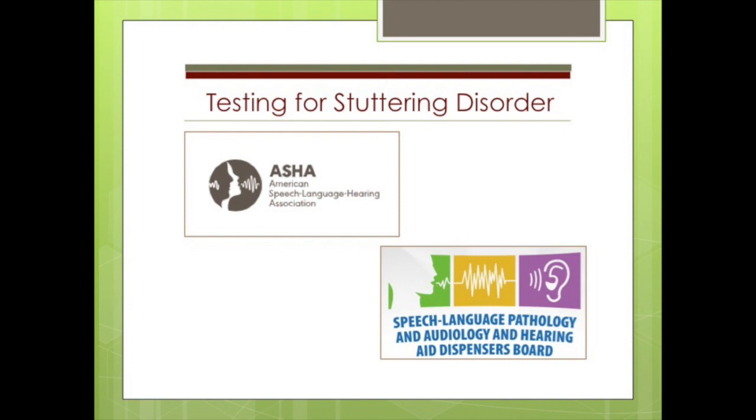Endorsed by the American Speech Language Hearing Association, it is a questionnaire completed in part by the parents and in part by the speech pathologist based on direct observation of a child. It assesses the existence and magnitude of the stuttering problem, the possible effects of the school and home environment, medical and family history with an eye toward possible genetic predisposition, and various components of emotional well-being.